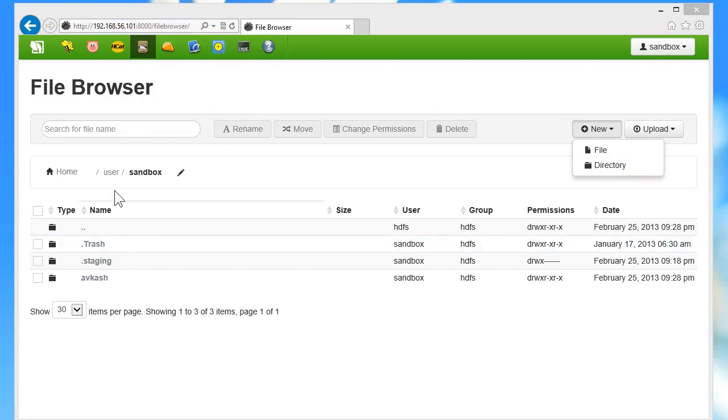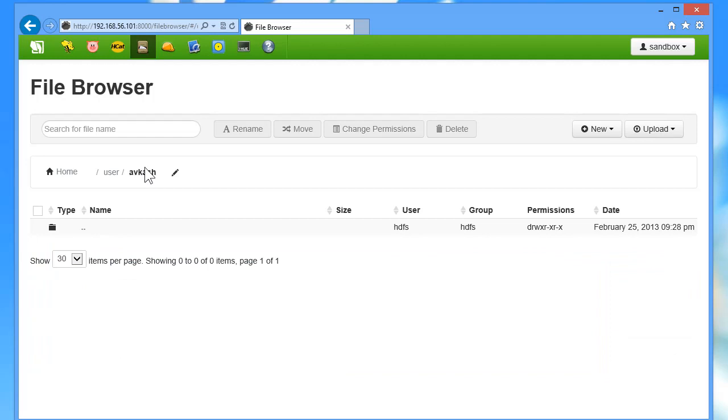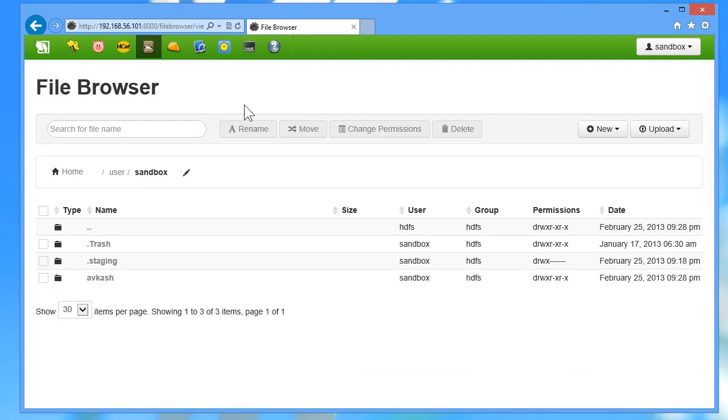If you can search some files, you can look into the user. Here are the user folders, multiple folders. Here I created a folder with my name, home, as a user in Sandbox. Here we have the file browser,